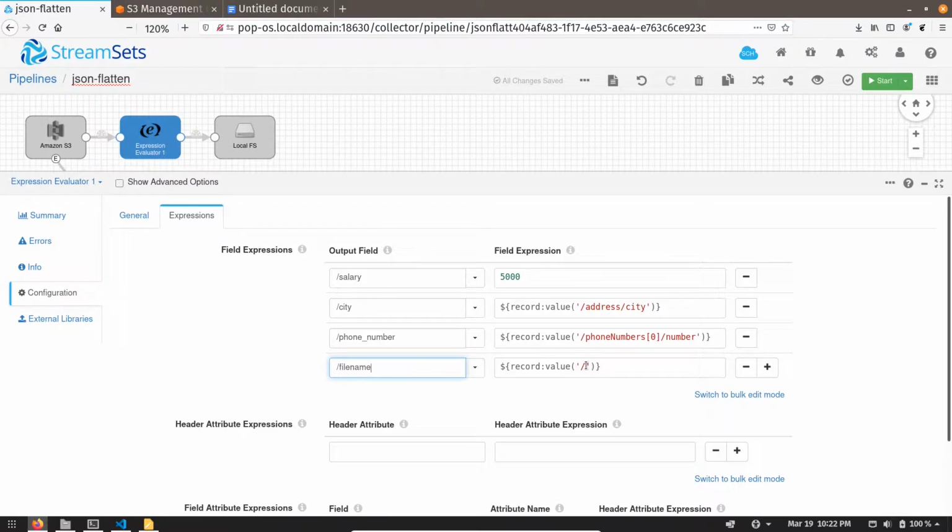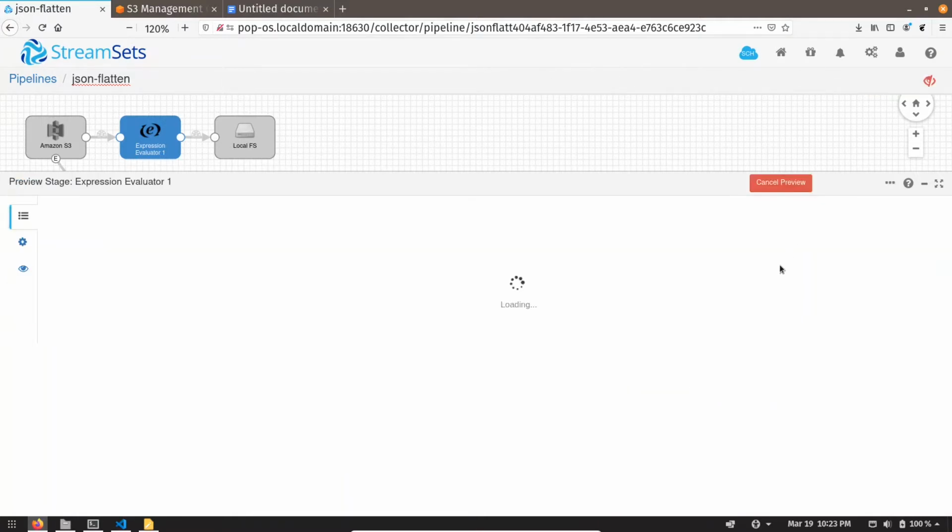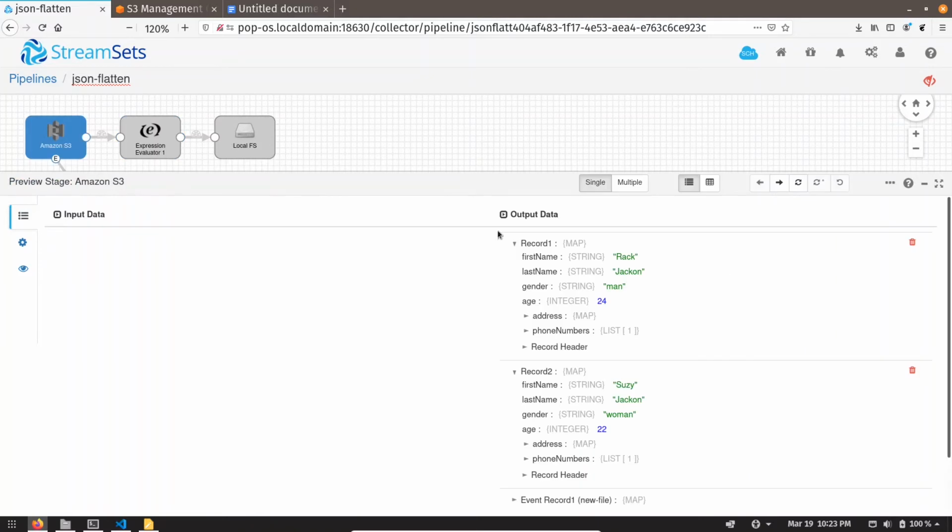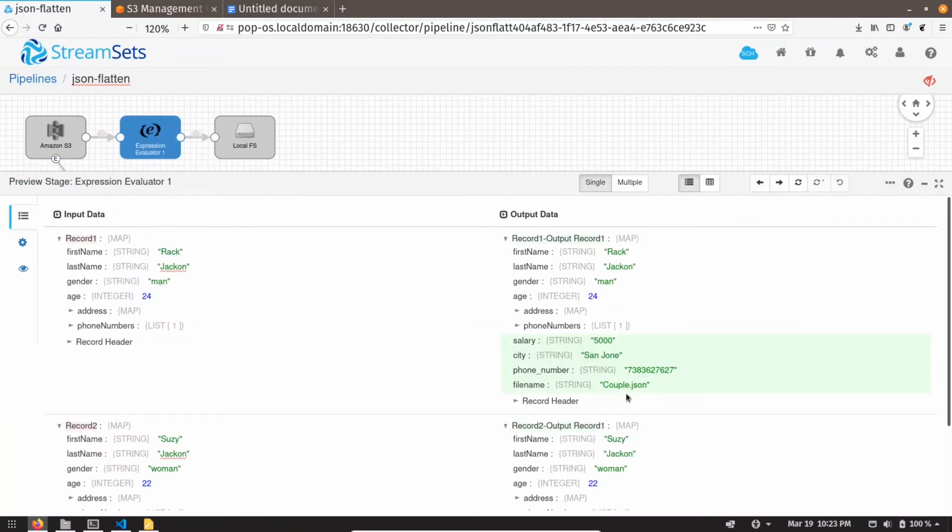For that we have another function called record:attribute. So let's remove record:value, type record:attribute. Over here we just need to give the name of the attribute, that is name. That's it. If we preview the data, now your file name also appears over here.